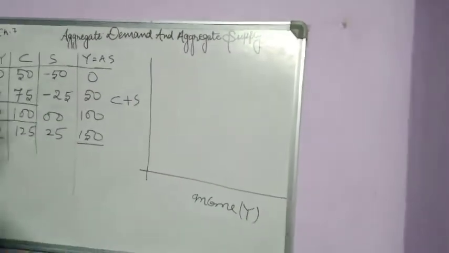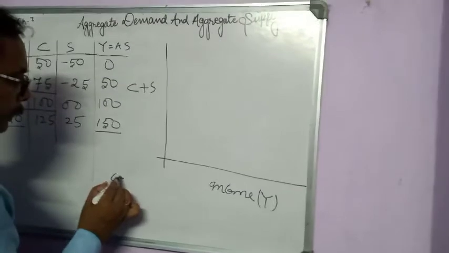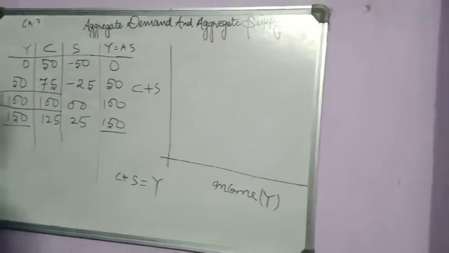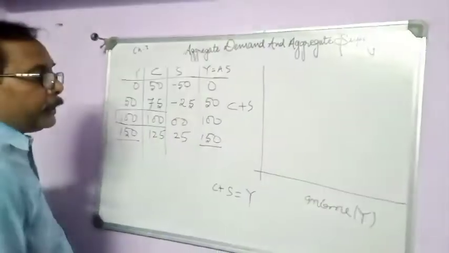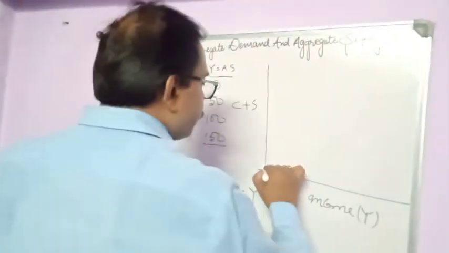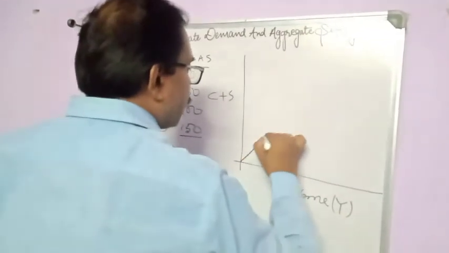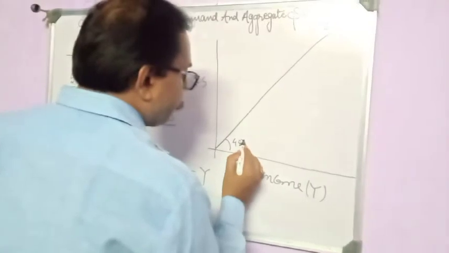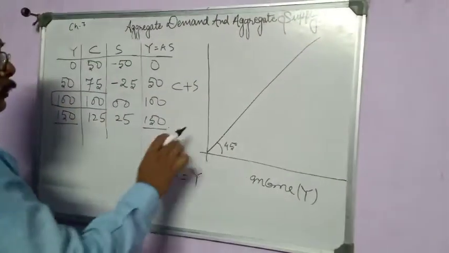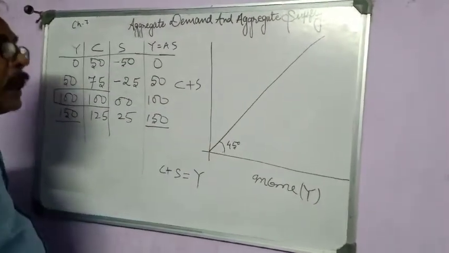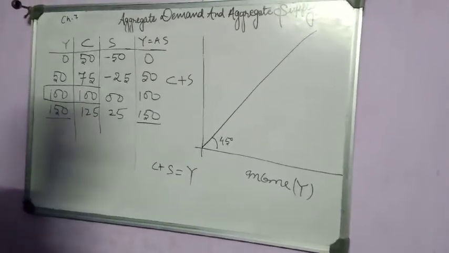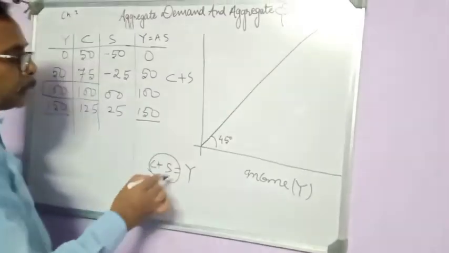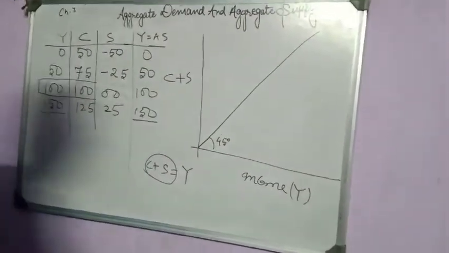So as I told you, C plus S is always equal to income, so it can be calculated when a hypothetical line is drawn at an angle of 45 degrees. Clear? So the total angle is 90 degrees. Unless we distribute at an angle of 45 degrees, consumption and saving will never be equal to